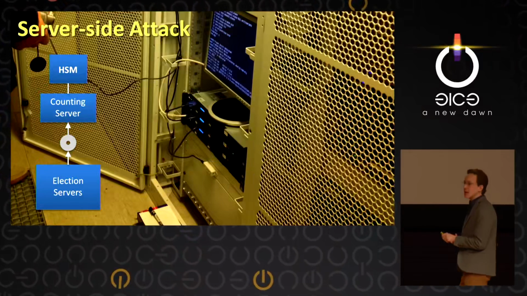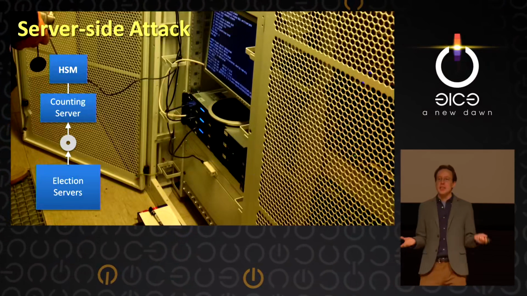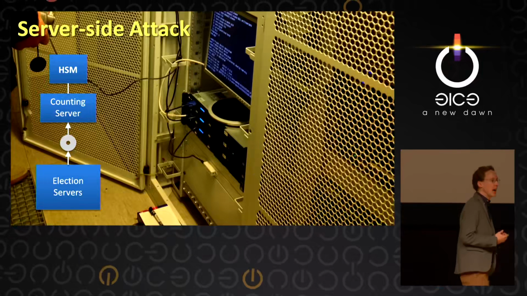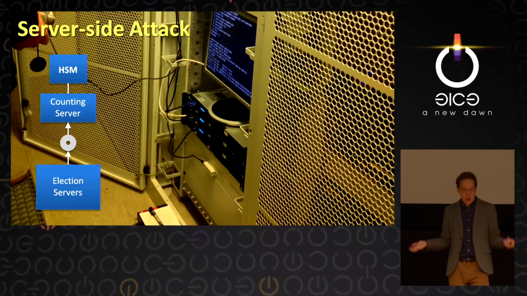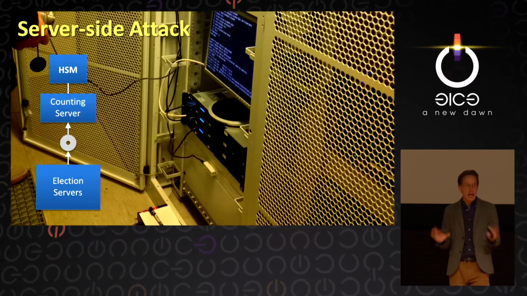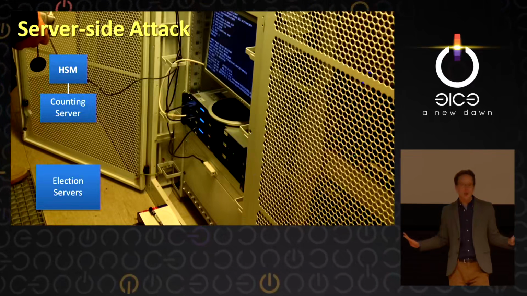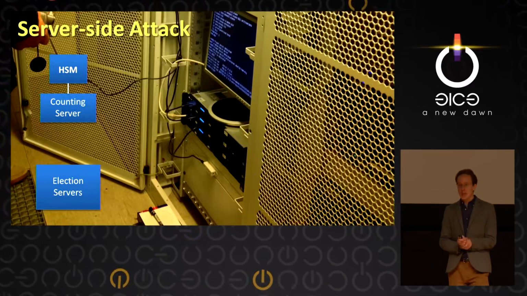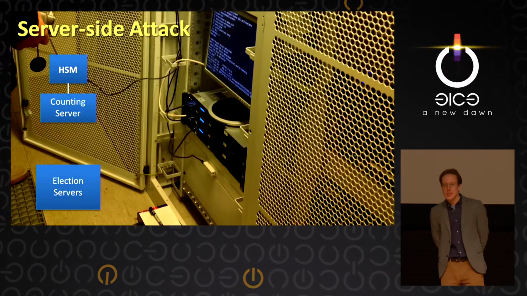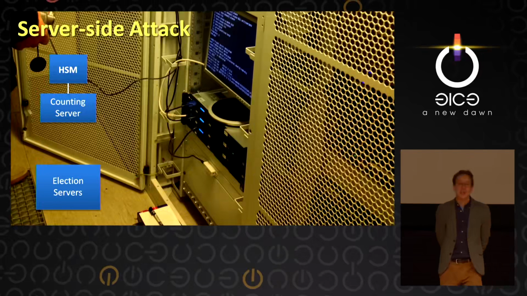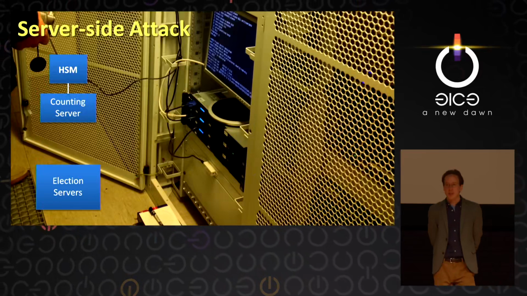Now, the server side, the Achilles heel of the system, is this counting server. It's the only thing that gets to manipulate the unencrypted votes. And nobody ever sees those votes, they just see the output. So if the counting server lies, right, then it can just arbitrarily say what the election outcome is. But they tried to make it pretty hard to manipulate the counting server. It's air-gapped, it's built before the election, it's sealed, it's in a safe somewhere. We have to imagine that it's fairly difficult.